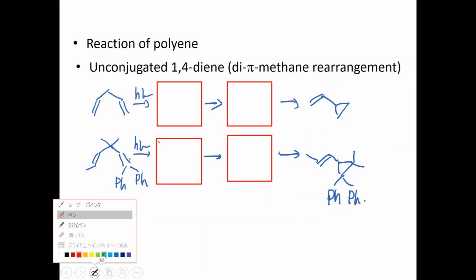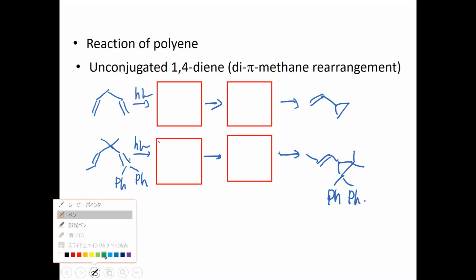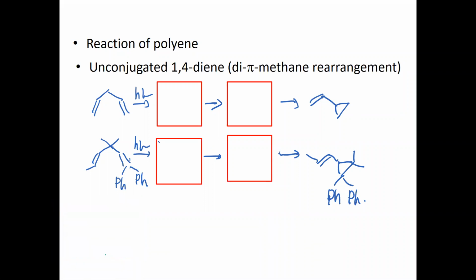Next is the reaction of polyene, which has unconjugated double bonds. So, for example, here in the unconjugated 1,4-diene, you have two double bonds inside the single molecule, but they are not conjugated. And what happens here is that by illuminating with light, the excitation of the double bond makes